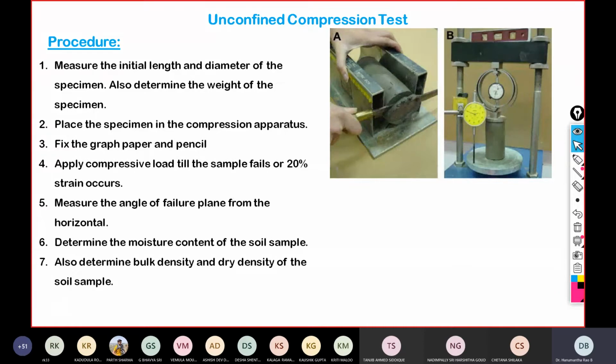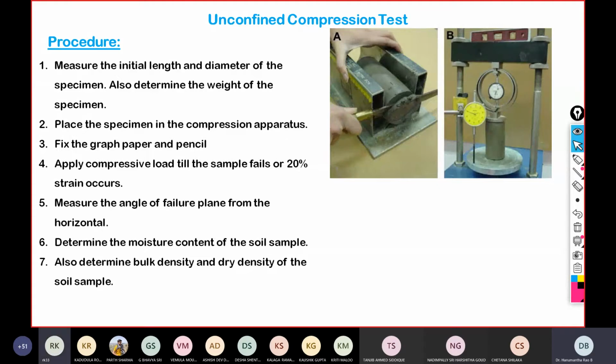Therefore, the weight and water content can be used to determine the density. Density is nothing but mass upon volume. So we record the mass of the soil sample and calculate the volume based on the measured diameter and length of the soil sample. Mass upon volume will give you the bulk density. Suppose you further measure the moisture content of the soil sample, then the dry density of the same sample can be calculated. Dry density gamma D is nothing but gamma by 1 plus water content, where gamma is mass upon volume.